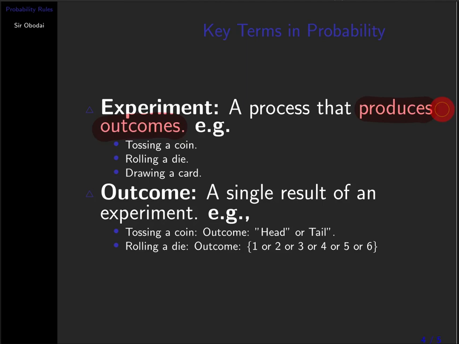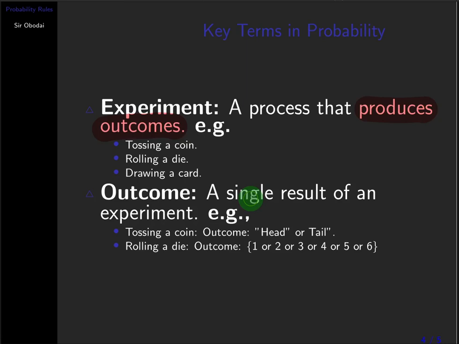So this shouldn't tune our mind only to scientific experiment. In this case, we can talk of tossing a coin. If you toss a coin, you are expecting that you are either going to get a head or a tail. That means you are producing an outcome. Hence, it is an experiment you are performing. If you roll a die, we want an outcome. Hence, it is an experiment. And if we are drawing a card from a deck as well, it would produce an outcome. Hence, it is an experiment we are performing.